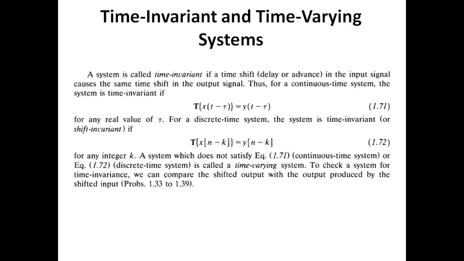Now if you delay the signal or advance the signal and then give the input to the system, regardless of the delay, the nature of the output should be the same. Otherwise, if you are analyzing something now and if you are analyzing after a certain period of time,